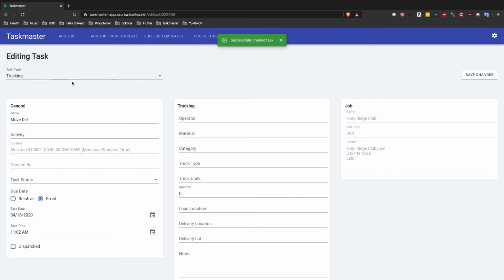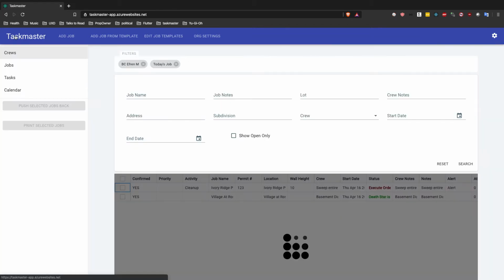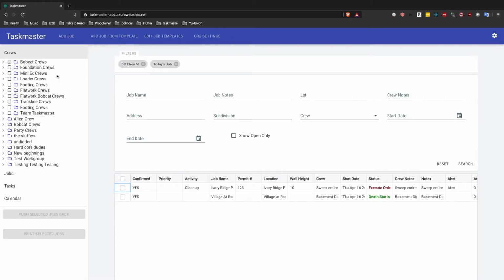And so let's head on back to here, hit the back button, and there it is. Move dirt is in there with a status. I'll show later how to add statuses and how to update their colors and such. So let's go back to our Taskmaster main page. And now that we've done that,